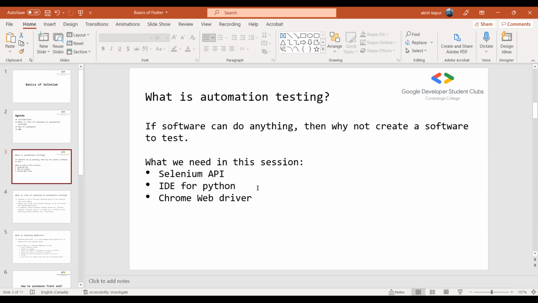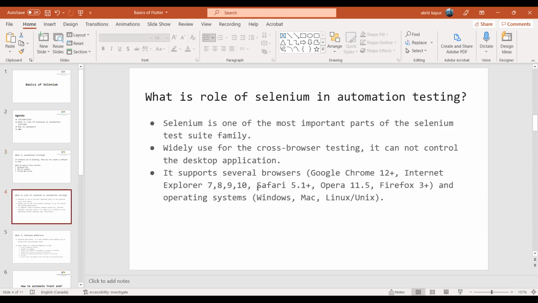It will be monotonous for the resources as well as for the teammates. So it's better to have things which are already known, which might have a defect or might cause an issue for the new build.